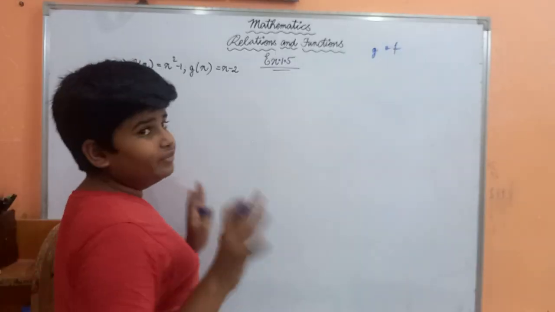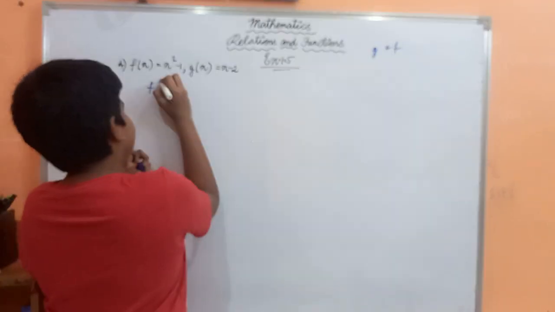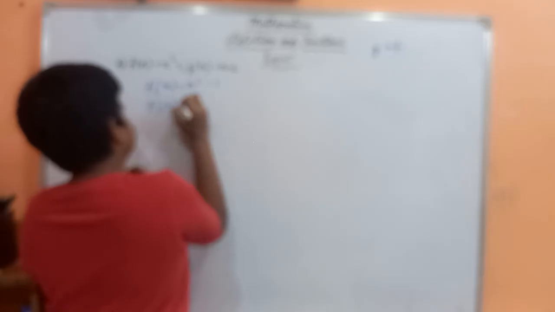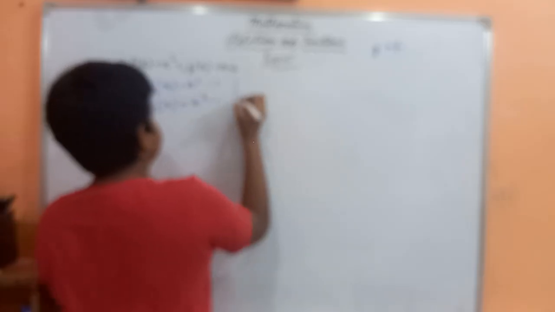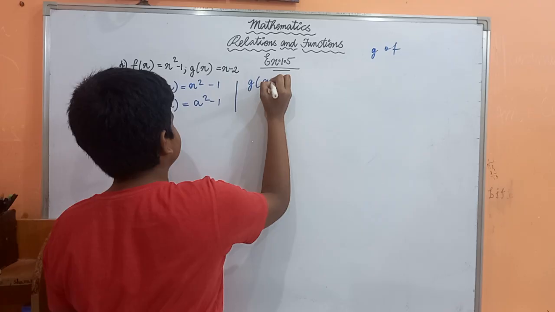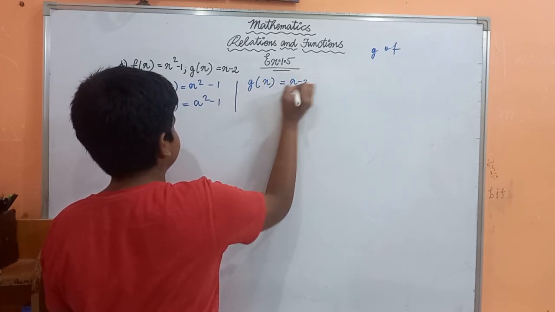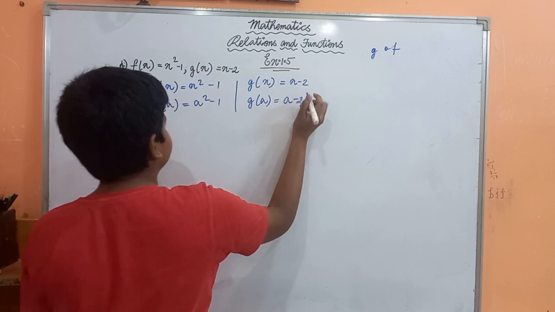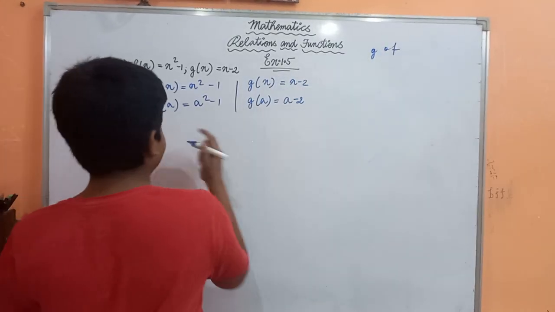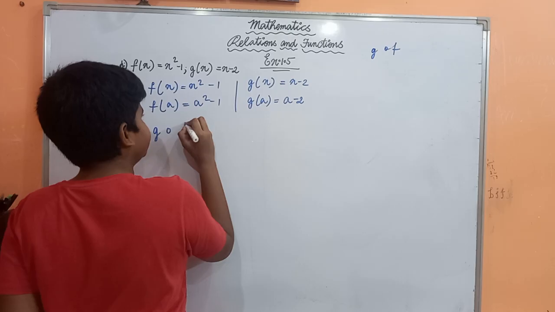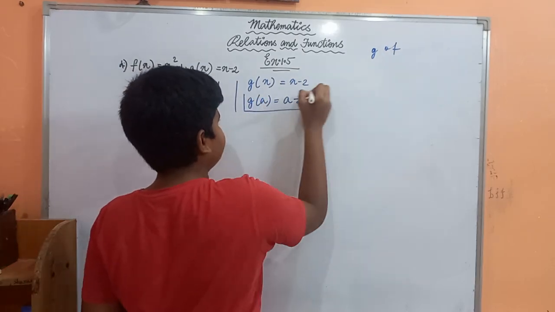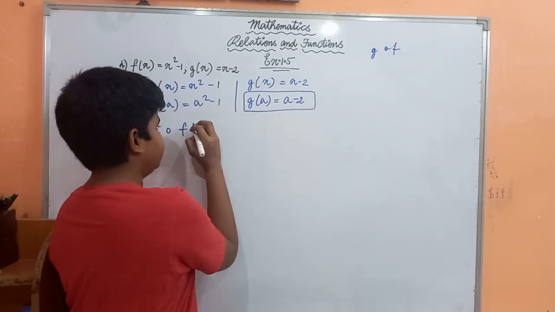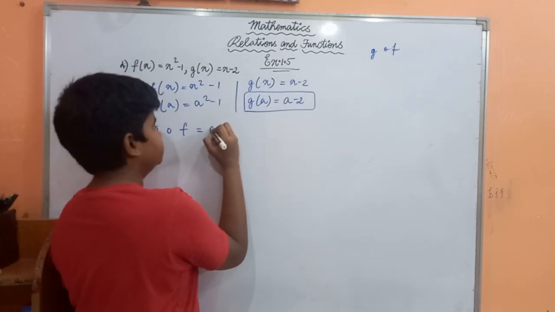So let's substitute everything with a. So f of x is equal to x square minus 1. Just f of a is equal to a square minus 1. Just like g of x is equal to x minus 2, g of a is equal to a minus 2. Now let's find g dot f. So g dot f is equal to